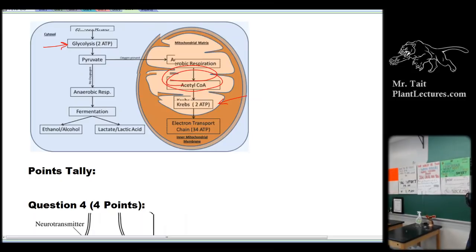So again, identify is 1 point. That was the identify where it's going to happen. 1 point for saying what's going to happen in glycolysis versus Krebs, and then 1 point for providing reasoning for that. So 1 point for identifying glycolysis and Krebs, and then 1 point for providing reasoning, right? And then the last one was a calculate, which again, this is not the best use of terms here. Calculate, we know, should be 2 points, and it should be 1 point for showing your work and 1 point for